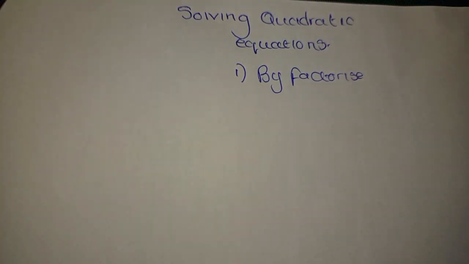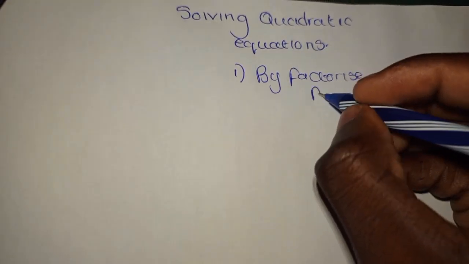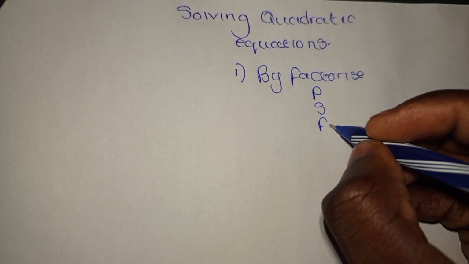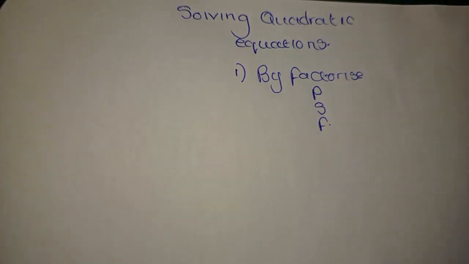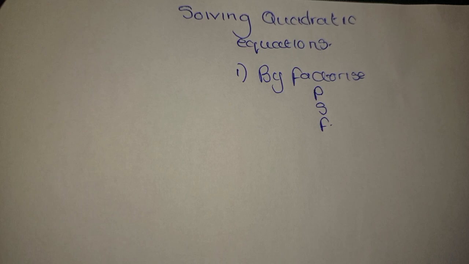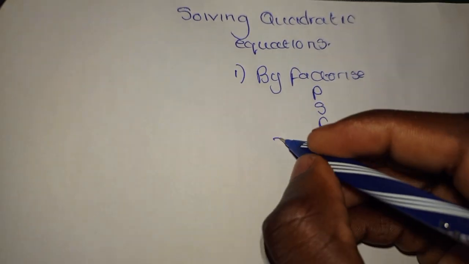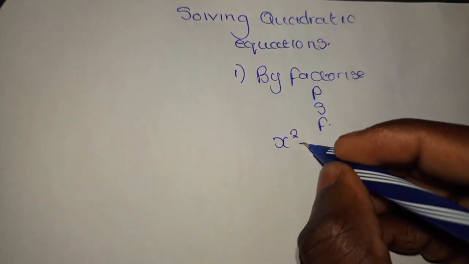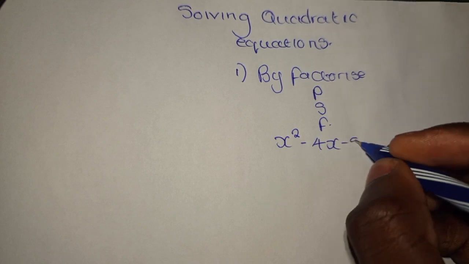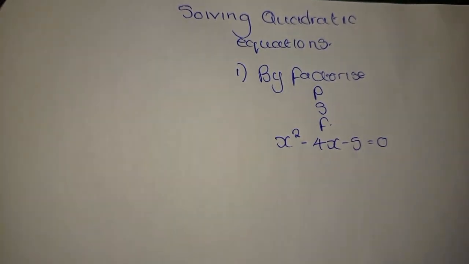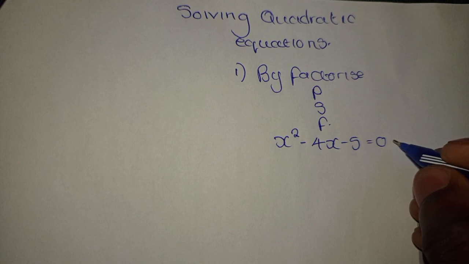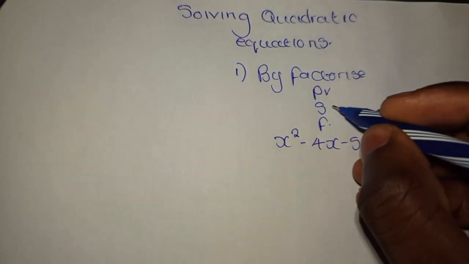And we know that by factorization, you need to find what are referred to as product, sum, and factor. So let us basically get one equation and solve it using the factorization method. So we can get x squared minus 4x minus 5 being equal to 0. When you are told to solve this equation by factorization, you need to find the product, sum, and